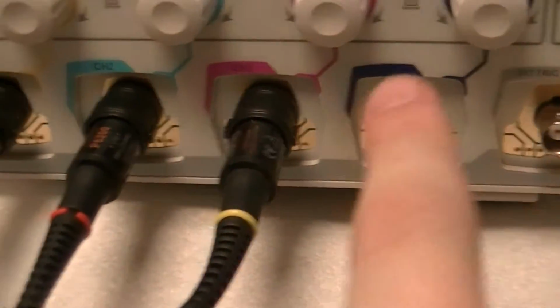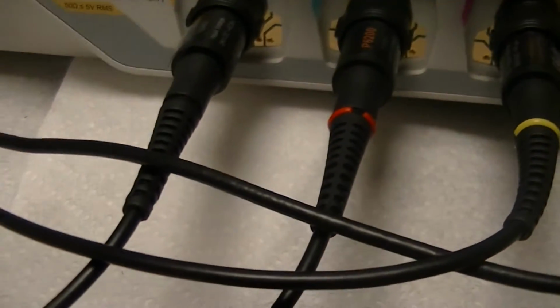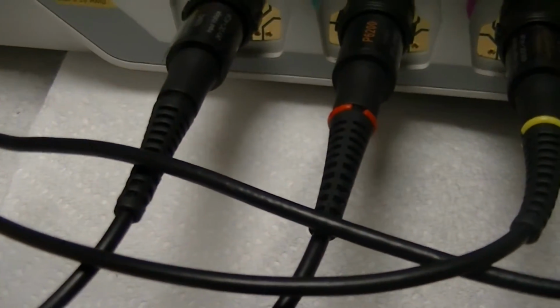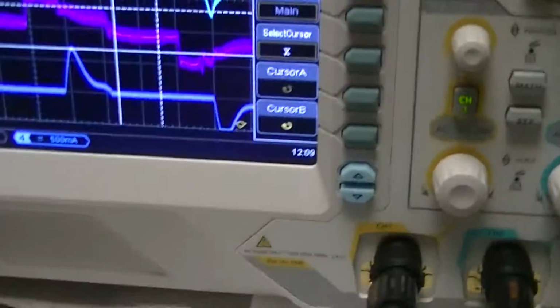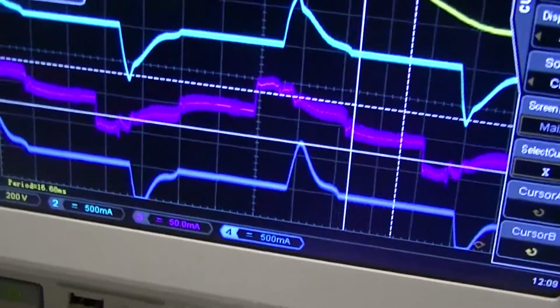Otherwise, this ground stuff would all be at mains potential and big risk of electrocution. Well, actually, it would be a dead short to the scope, which could possibly kill it, and given that this thing costs more than a car, I kind of want to avoid that if at all possible. And also,